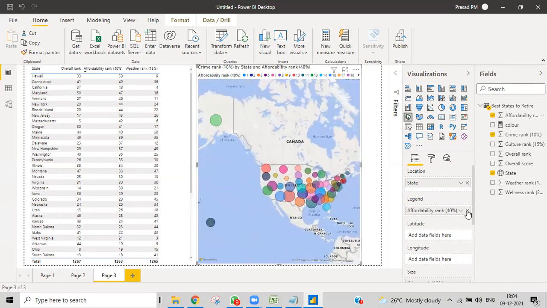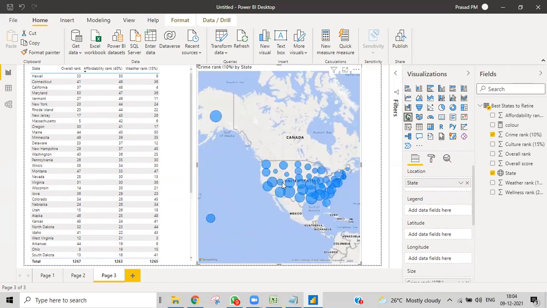So this is how we show something here in maps, using some values. If you have longitude and latitude, we'll give that one also, but we don't have those things. If the states are from US, most of it will automatically detect.